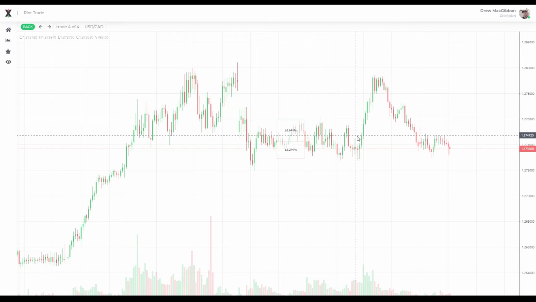So I believe this trade will probably be a loss because we've touched, I forget which one it is, I always get them confused, either the bid or the ask. I think the bid is for when you are selling, and the asking price is for when you're buying. That's right, yeah. The asking price is generally higher and the bid is generally lower,